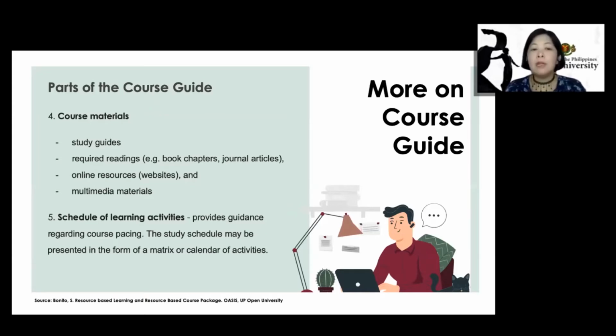OERs are free and open access, and they have a Creative Commons license, which are open licenses that allow you to use the materials even without asking permission from the author or publisher. Okay, now